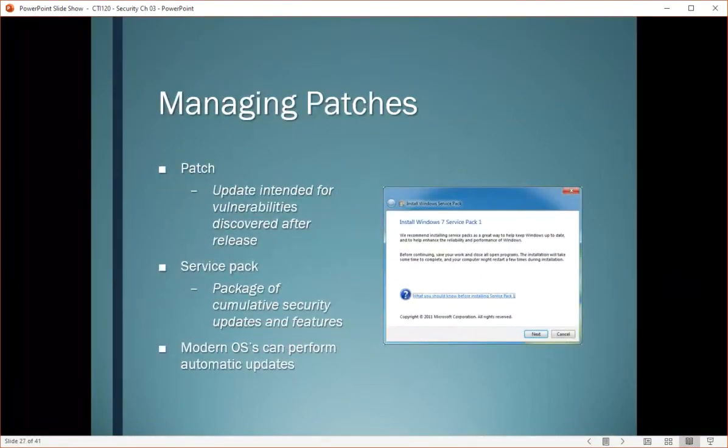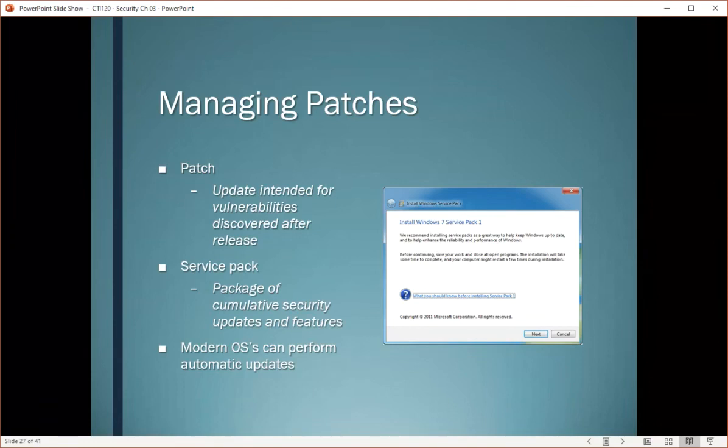So what is a patch? A patch basically says that after a piece of software is released, if there's a hole or some kind of issue where we have a vulnerability, we will go ahead and include an update to fix it. There are collections of cumulative updates called service packs, which will also be released periodically. So these service packs allow you to say, from X window of time to Y window of time, if I download the service pack, everything that was available to me for updates will be included, especially if there are patches